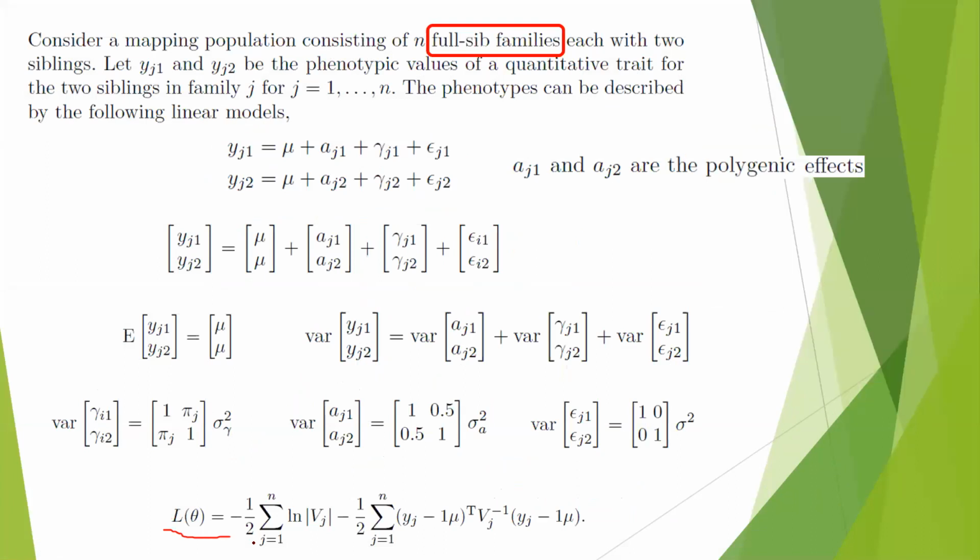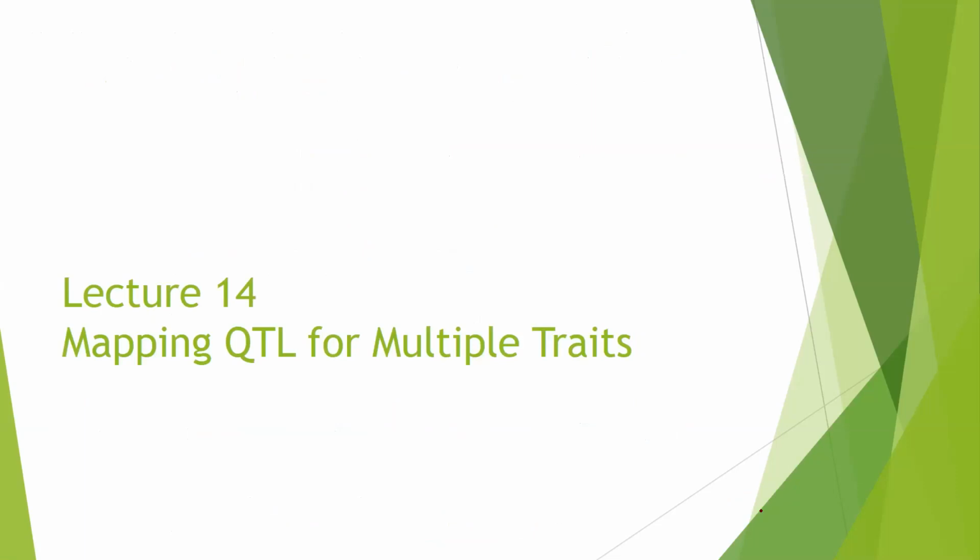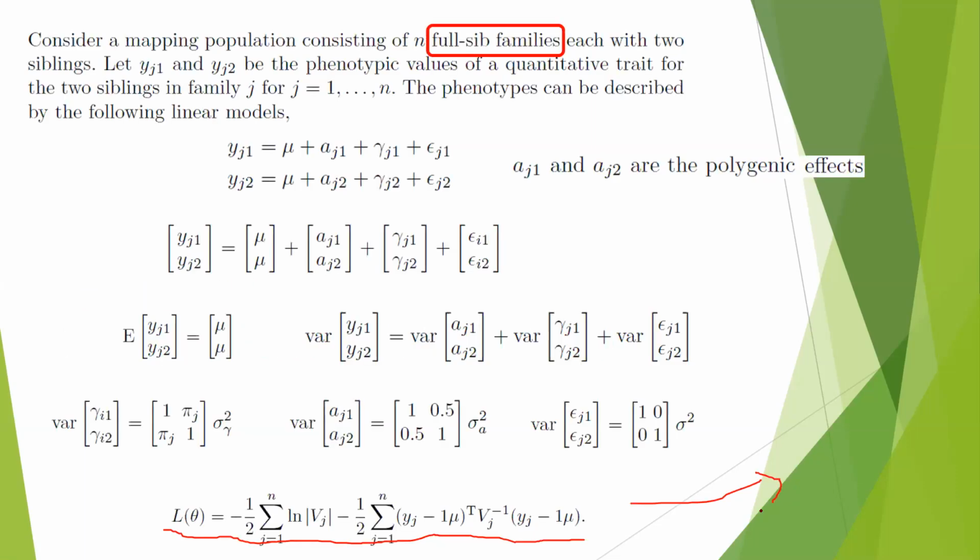So you can construct the likelihood function, and then just follow the standard strategy to get the results. It's very easy. I'm almost done with this chapter, so I don't want to go deeper. If you are interested in this part, please read the textbook. Even when we're done with this class, if you are still interested in exploring more, I will be very happy to help. When you have further questions in the future, let me know so we can discuss together.